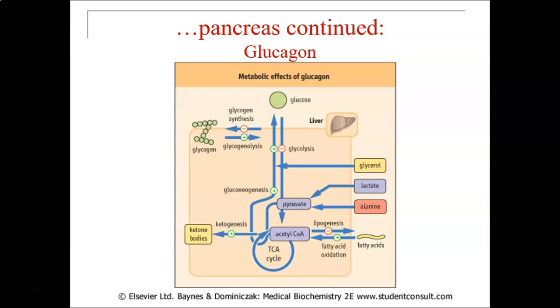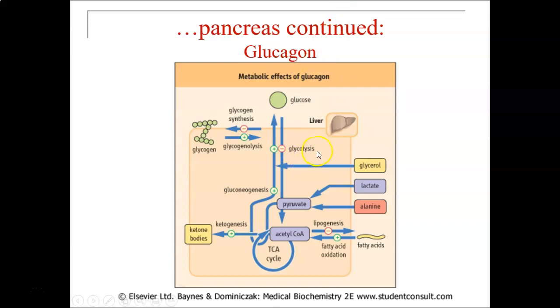Insulin wanted to reduce blood glucose levels, so it wanted to store blood glucose. Glucagon does the opposite. Glucagon wants to elevate blood glucose levels. So you can see these different terms,